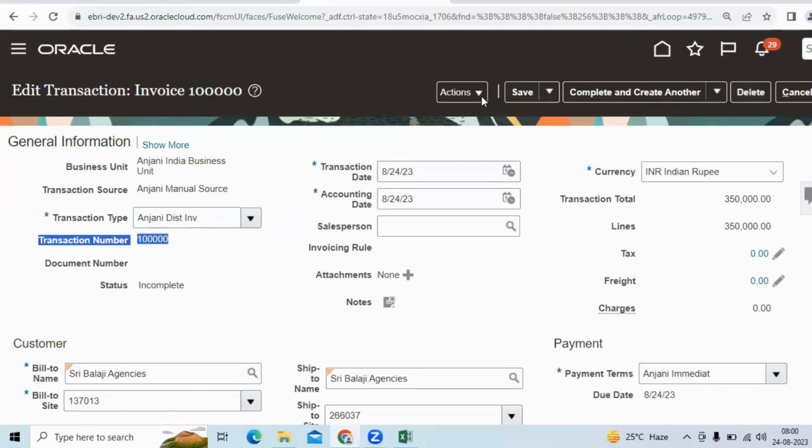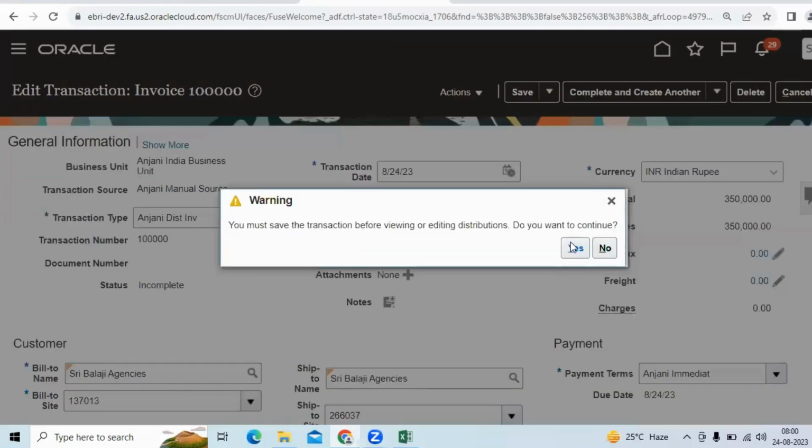Then now I will go to actions, edit distributions. Important question. Go to action, edit distribution. Here you can see your